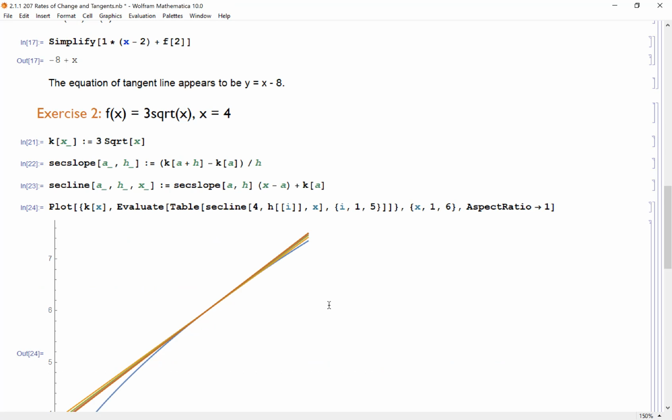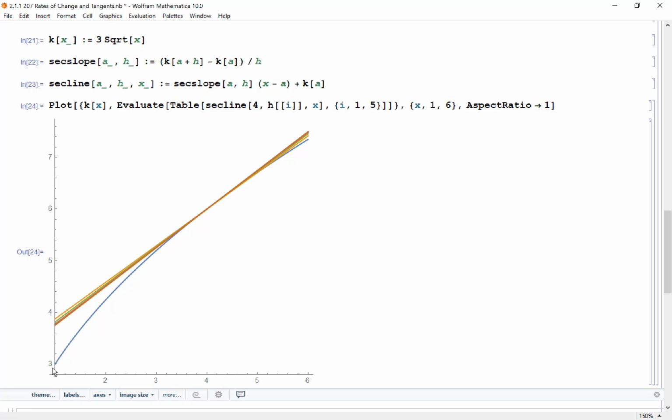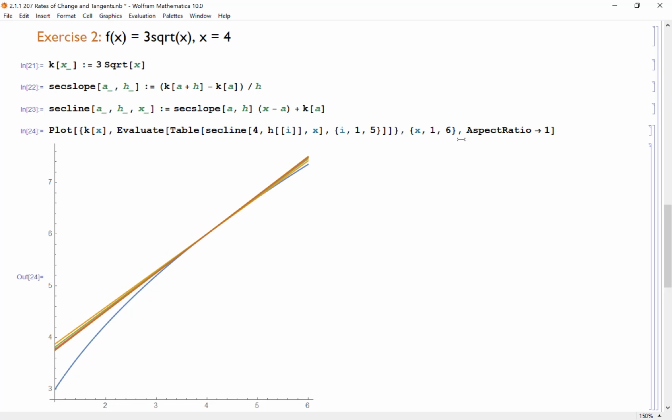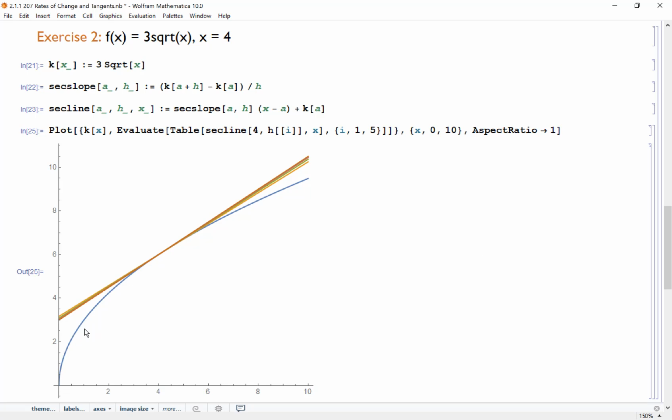Let's see if we did this right. Wow, okay, so we have the blue line, which is kind of this curve. It's a subtle curve, and then you have all those tangent lines kind of jumbled up around it. Let's zoom out a little bit and make sure we can see what's going on a little better. If I go 0 to 10, that shows the dramatic bend in the curve a little bit